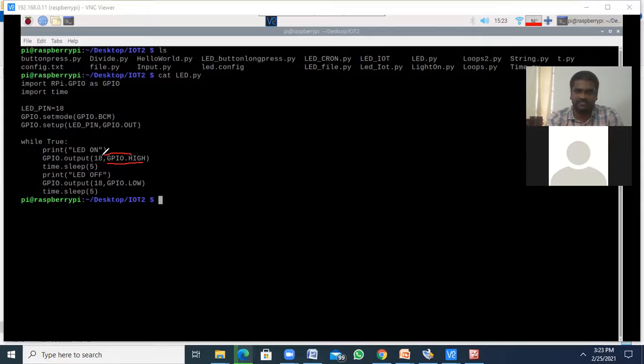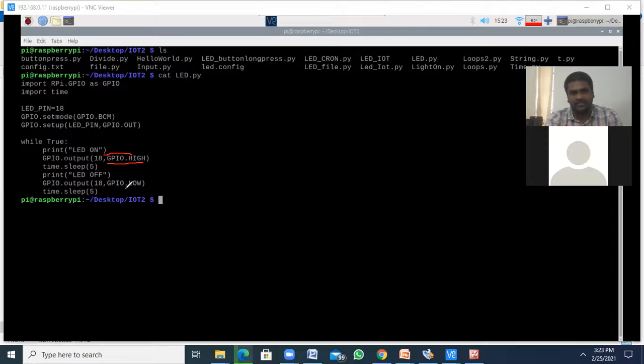So here we are sending a high signal to this pin. Whatever the 18th pin is connected to, your breadboard, the breadboard consisting of the LED right now, it passes the power from Raspberry Pi to the breadboard. So what happened? The LED is going to glow. It will glow for 5 milliseconds. After that, I'm going to turn it off by sending a signal low.